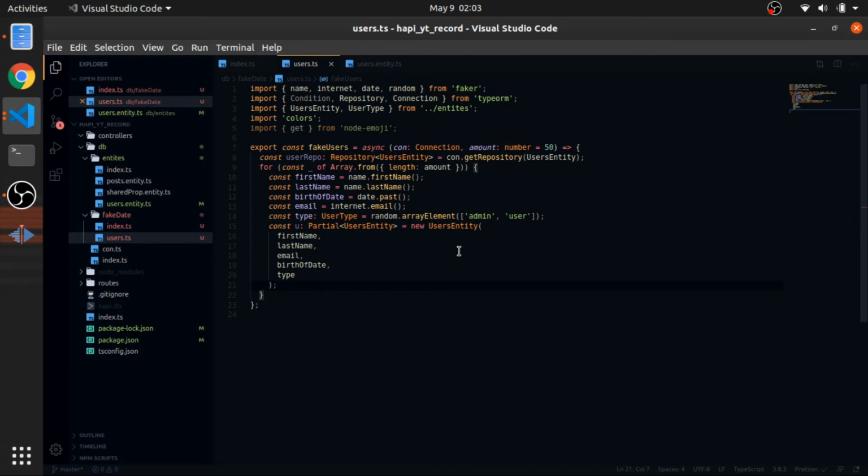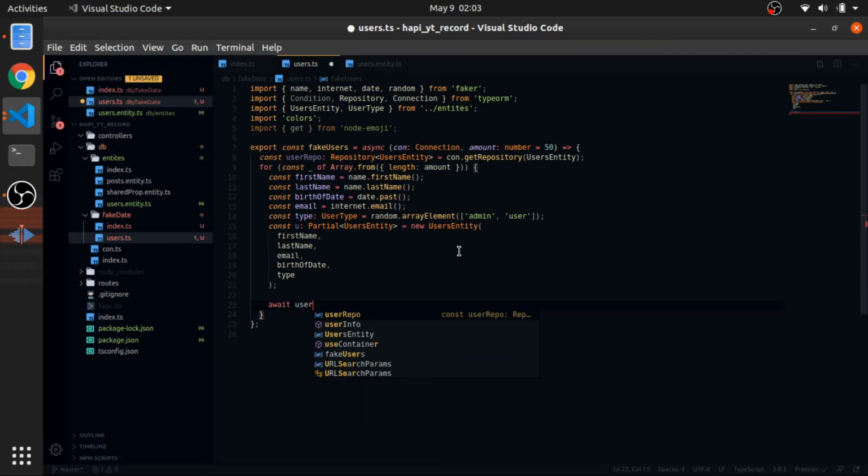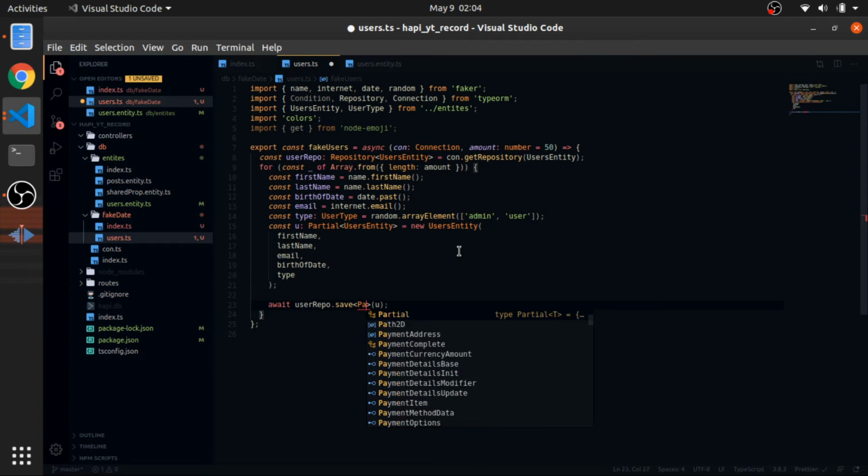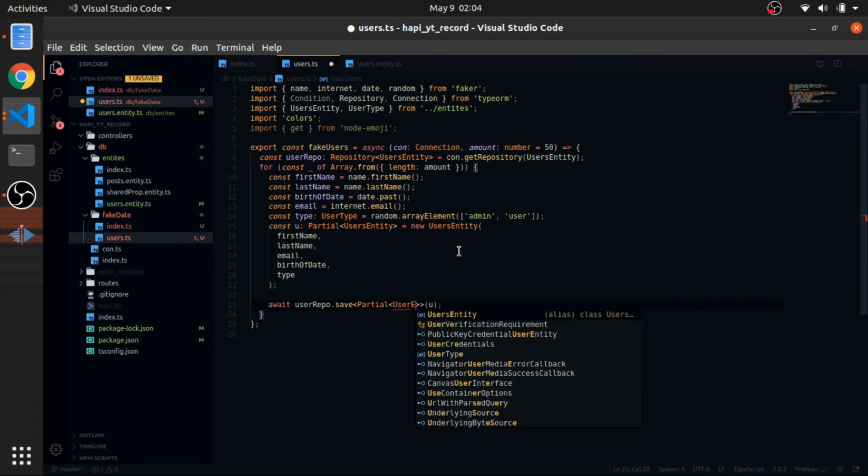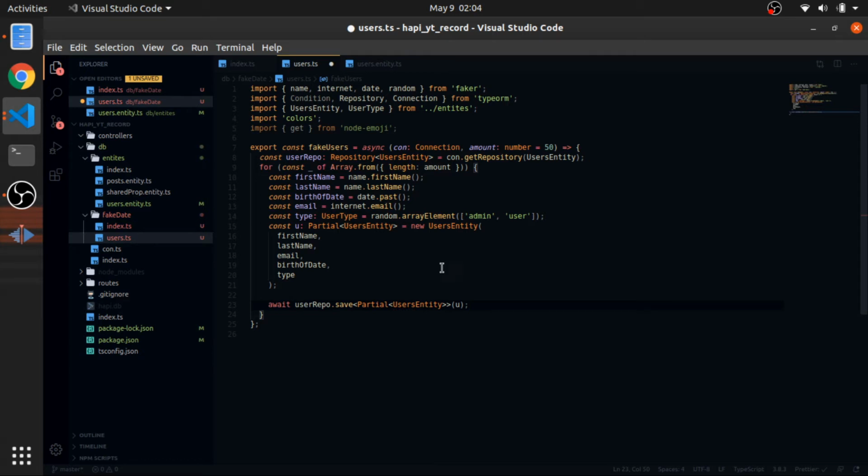Okay, now we will await userRepo.save and pass the user we created. And the correct way to call this save function, since we are in TypeScript, is to pass the generic type. So I will save a Partial UserEntity, and this will return a UserEntity. After this loop finishes, which in each iteration will await the save operation, then continue to the next iteration, I will